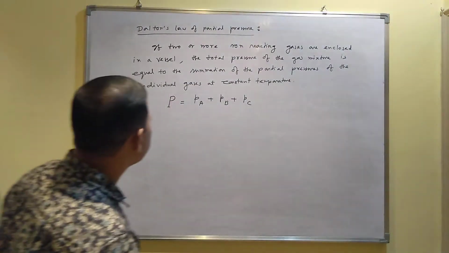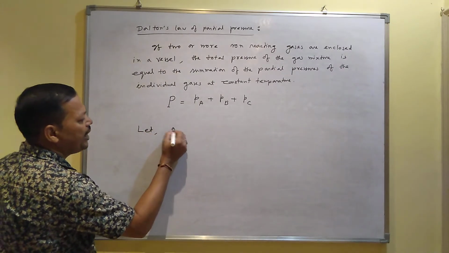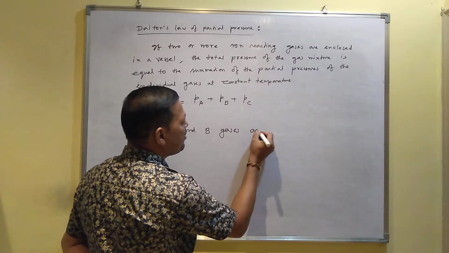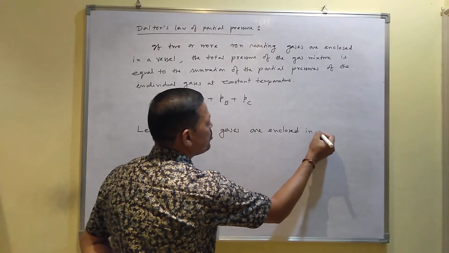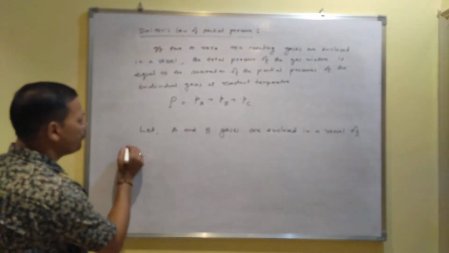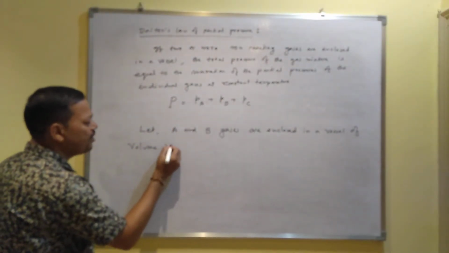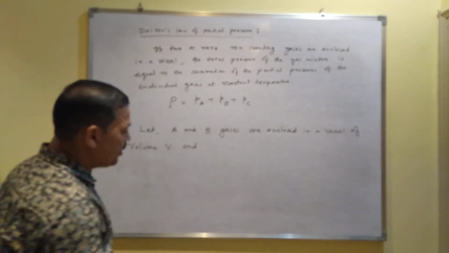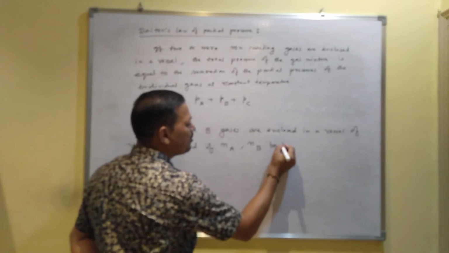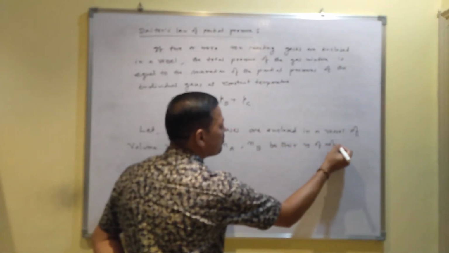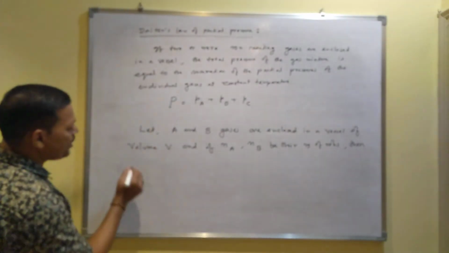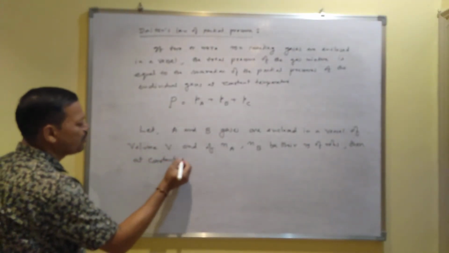Now let A and B gases be enclosed in a vessel of volume V, the volume of the vessel, and if Na, Nb be their number of moles, then at constant temperature